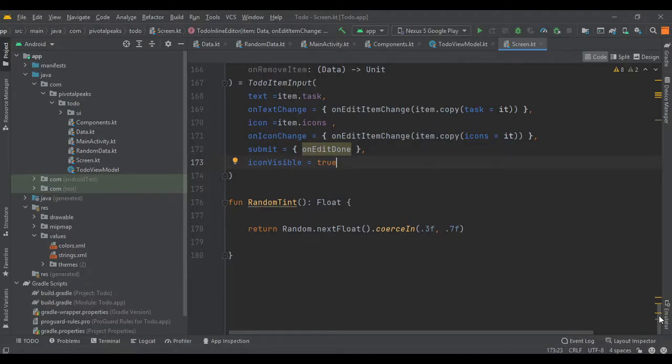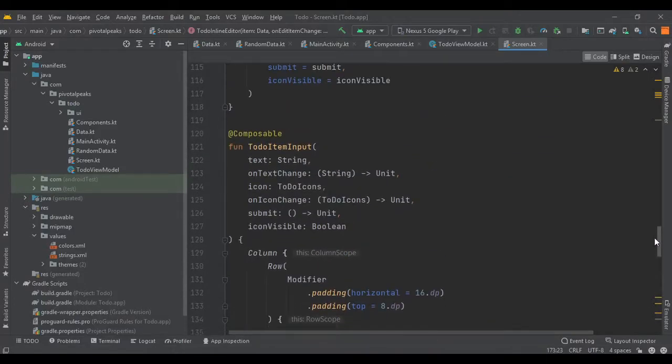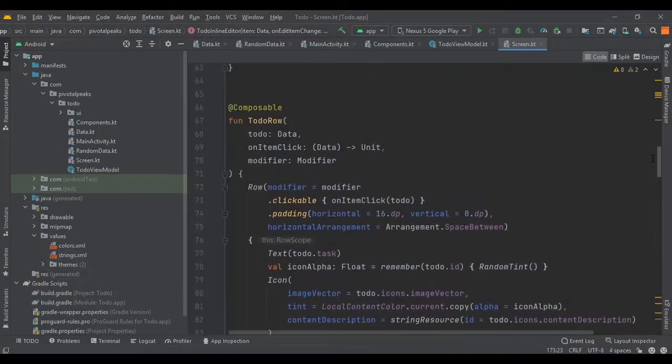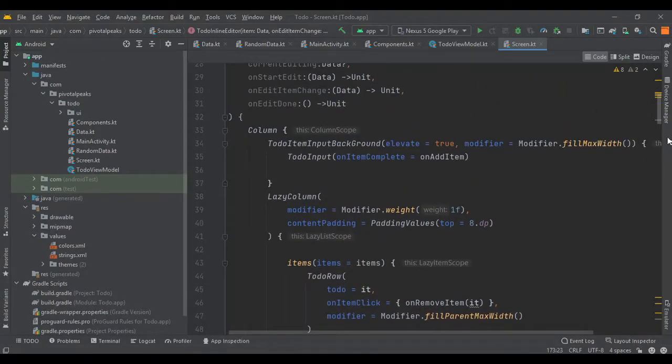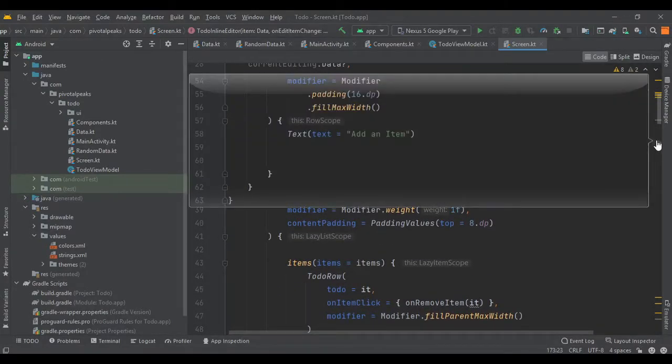Now in the lazy column we will display the to do item inline editor if the current item is being edited, otherwise we will show the to do row. So where are we? Where is our lazy column? Here it is. Also we will start editing when clicking an item instead of removing it.